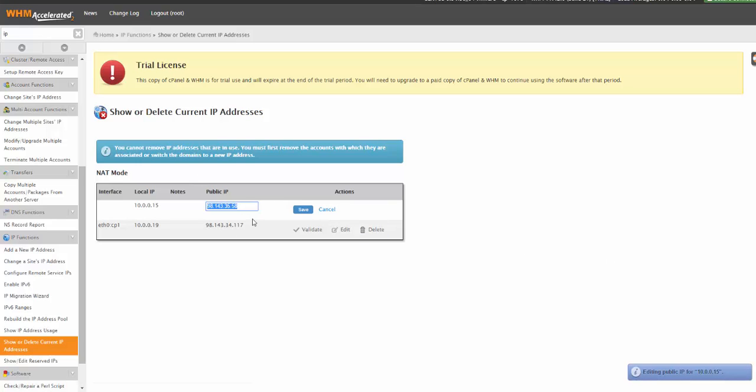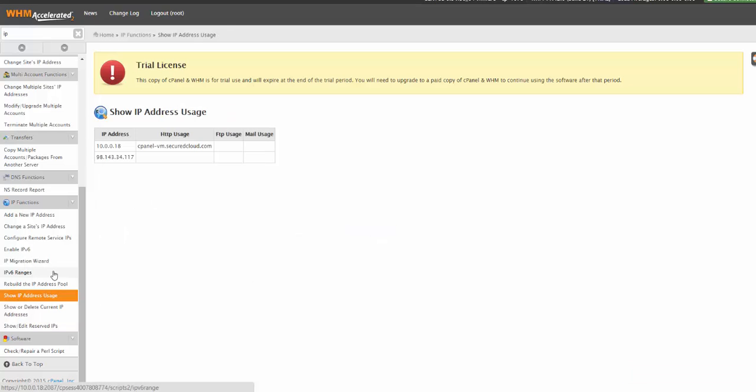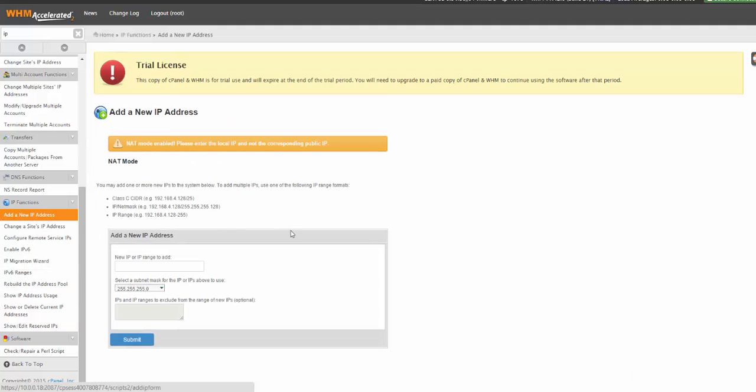And actually that one's wrong, so let me edit this. Oops, cancel. And I can go ahead and validate the private IP mapping, and it will show the public IP address assigned. So you can easily add more IPs. You would just add your private IP. So if I wanted to add another one,